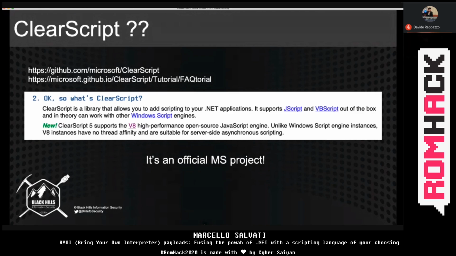Now, I originally thought this had its own JScript implementation, okay? It does not. It uses the built-in JScript implementation and VBScript implementation of the Windows script host environment on Windows, okay? So what this means is that any JScript or VBScript code that you run through this ClearScript engine is subjected to AMSI, okay? However,